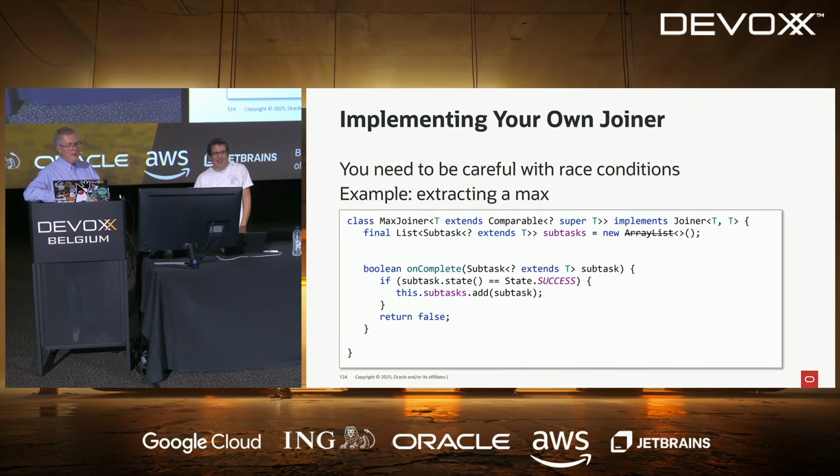Just awful. And I would say that's the easy race condition to see, but actually you have another one, which is on the read of the subtasks field, which is created by the thread that is creating the structured task scope and read by the virtual thread. So here it's final, so it's okay because final has this semantic of making your fields visible from other threads. But if you forget to make it final, then you also have a race condition on the reading of the subtask reference. You will have a null pointer when you try to call add.